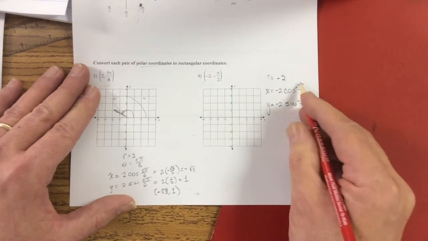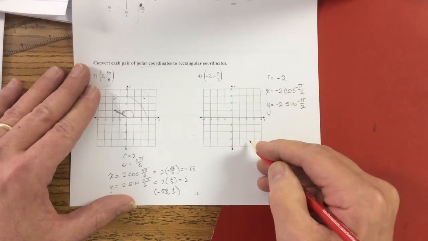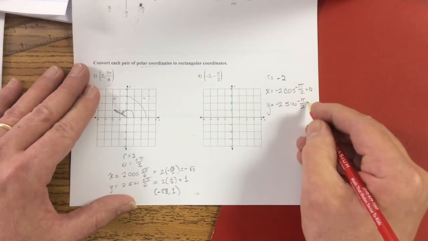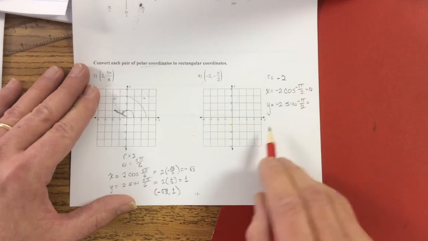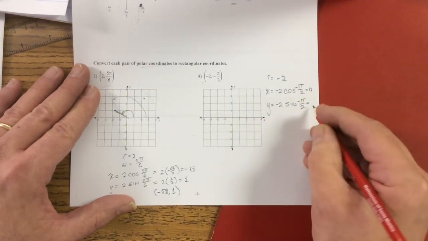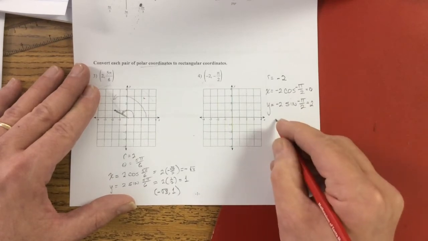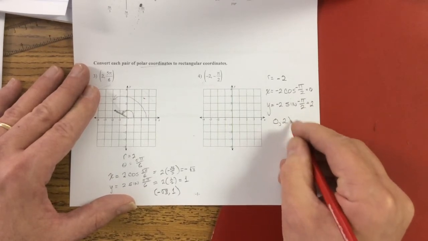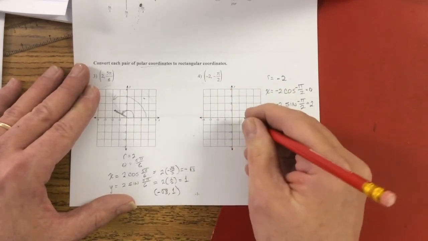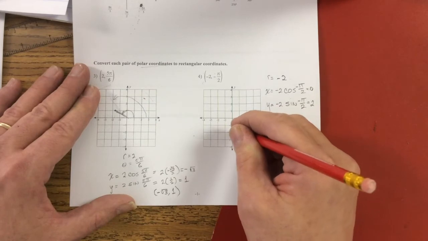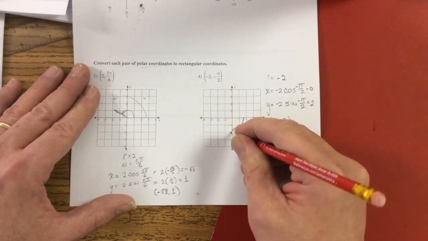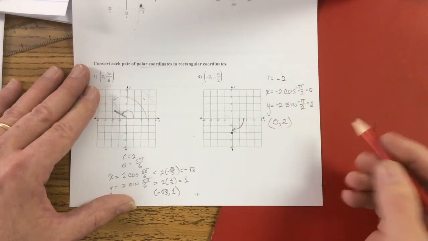What's the cosine of negative pi over 2? 0. So this is equal to 0. And what's the sine of negative pi over 2? -1. So -2 times -1 is positive 2. So the coordinates are 0, 2. Just looking here briefly, negative pi over 2, well, that's 90 degrees in that direction, right? And then -2 would be right here, and lo and behold, yeah, 0,